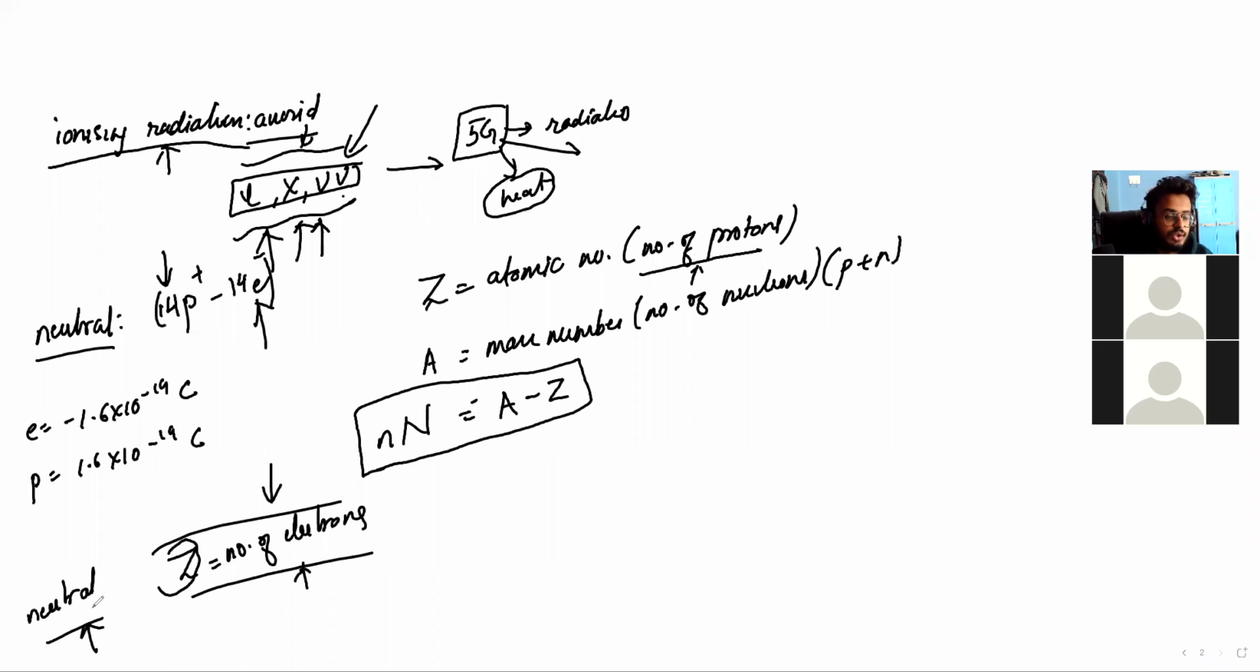So your statement पनि clear हुनुपर्छ कि for a neutral atom, the atomic number will be equal to the number of electrons. किनभने for a neutral atom, the number of protons will be equal to the number of electrons. So since atomic number is the number of protons, for a neutral atom, that will be equal to the number of electrons. Okay, so